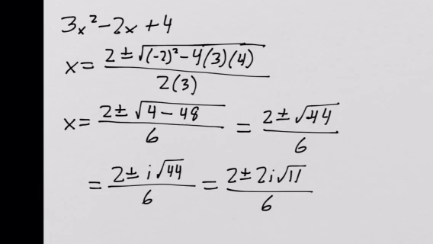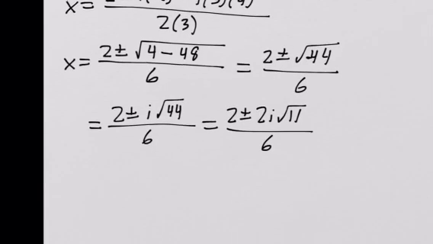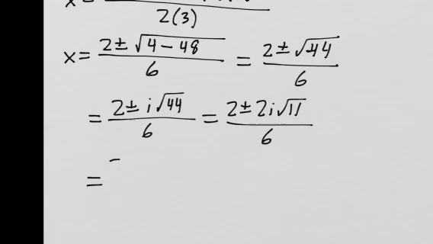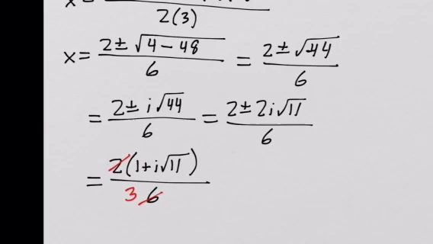over 6. We can now factor a 2 out of the numerator. So we have 2 times 1 plus i square root of 11 over 6. And then a factor of 2 is going to cancel out, leaving me with a 3 in the denominator. And I forgot to put that as plus or minus there. So it's going to be 1 plus or minus i square root of 11 over 3,